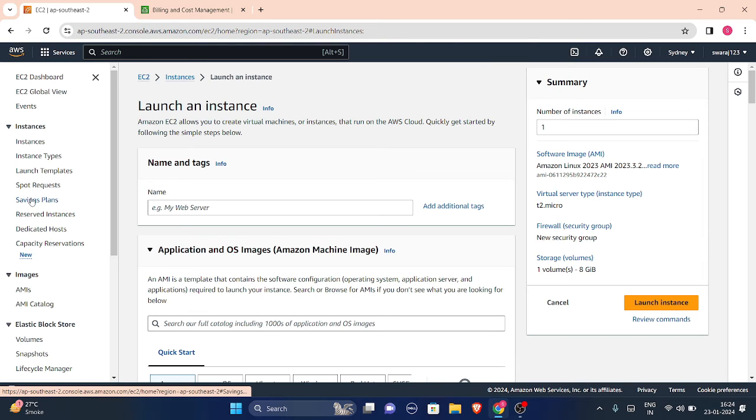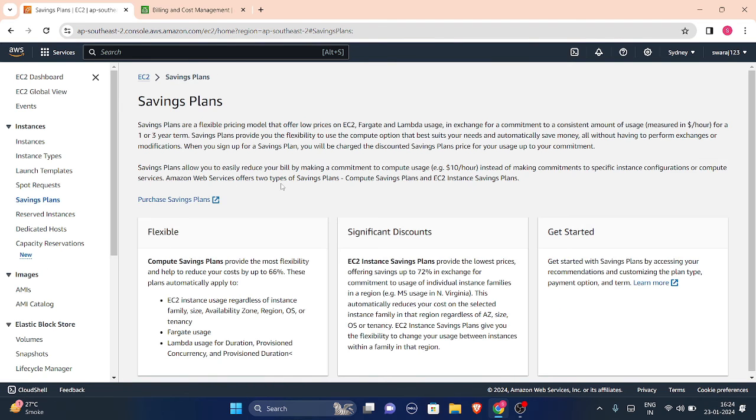Now we will see savings plan. What is the savings plan? I have explained it in my theory, but I am just telling you this: suppose you set a price with AWS and then you say, okay, I'll be paying this much to you, and whatever you give me, I'll be working on it. Okay, so this is the savings plan strategy. You can also purchase savings plans here. Okay, let's see this now.